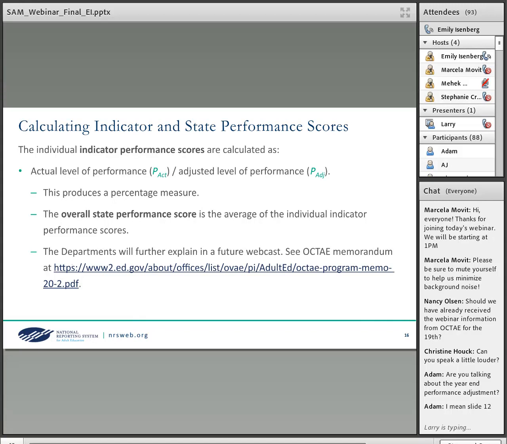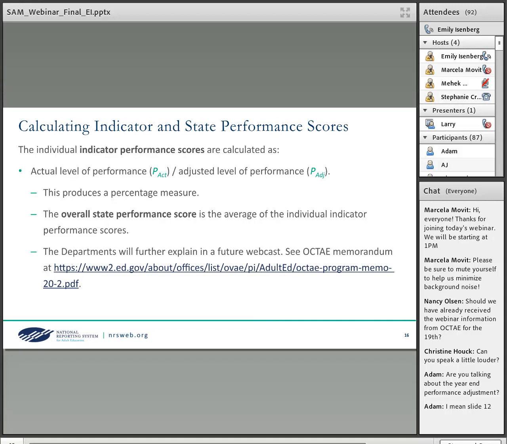The individual indicator performance scores are calculated as the actual level of performance in program year 2020-21 divided by the adjusted level of performance, which we talked about on the last slide. This produces a percentage measure. The overall state performance score is the average of the individual indicator scores.